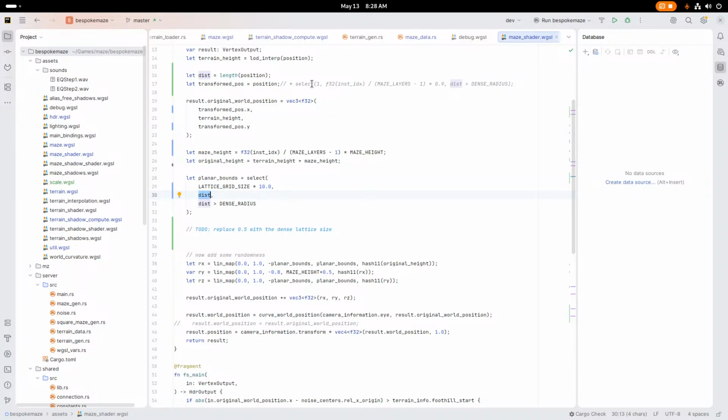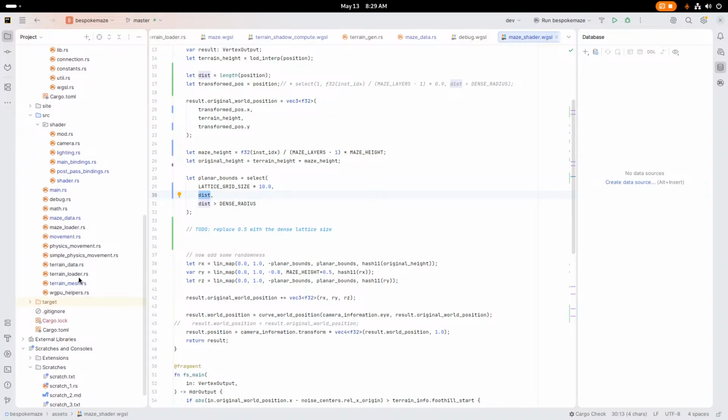Because I don't want an insane amount of overdraw. I want a little bit of overdraw, but not an insane amount. I think so. Well, okay. So